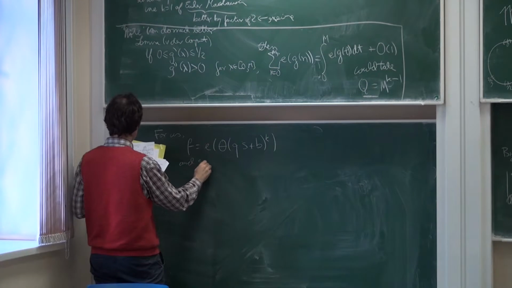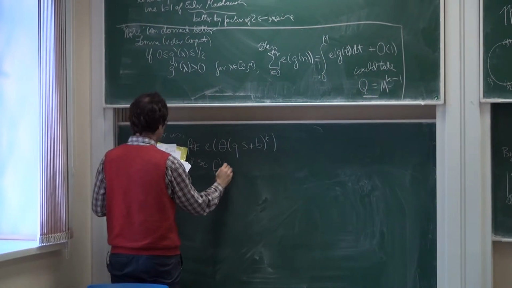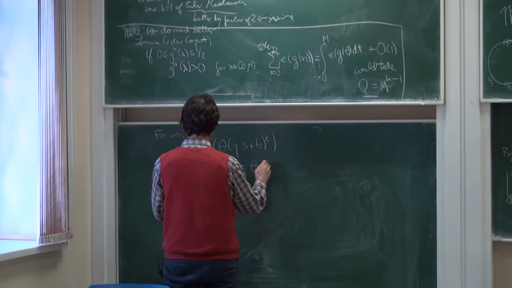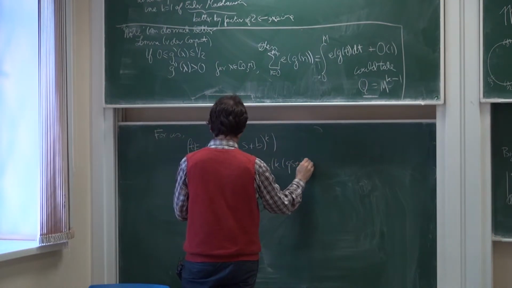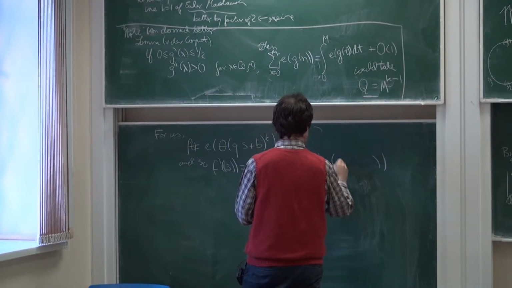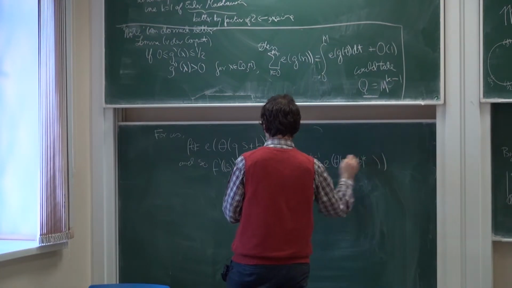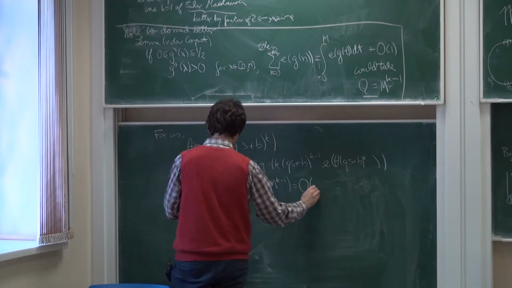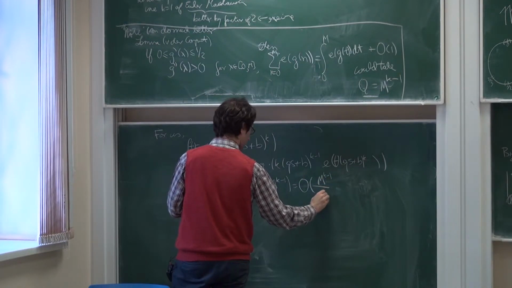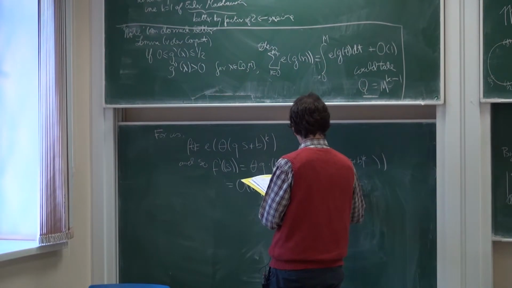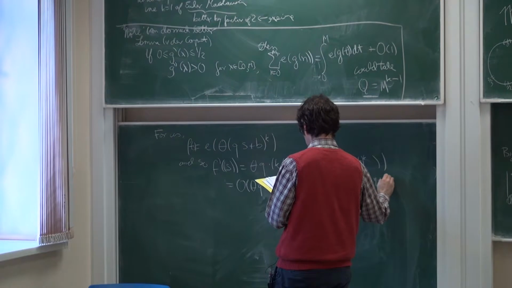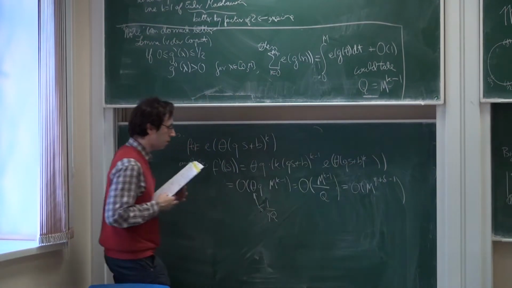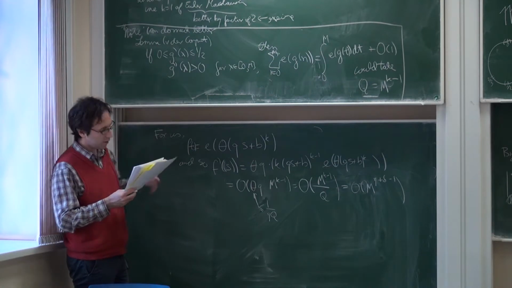and so f prime of s is equal to, well, you know, blah blah blah. Of course, an exponential is of size 1. So this is in fact O of theta q m to the k minus 1, O of m to the k minus 1 over q, which is O of m to the eta plus delta minus 1. Here we're just using the fact that this is less in absolute value than big Q, small q. Right, I'm just checking the derivative so that I can apply this and get something. So